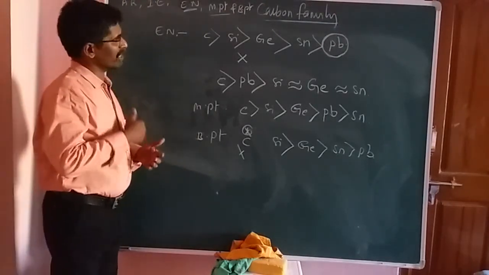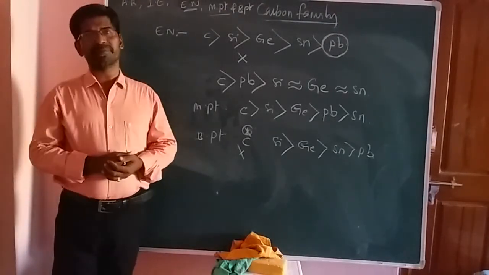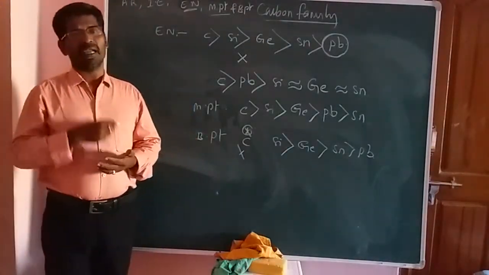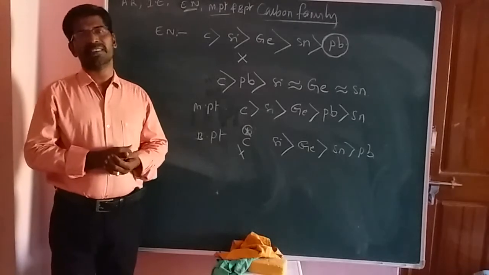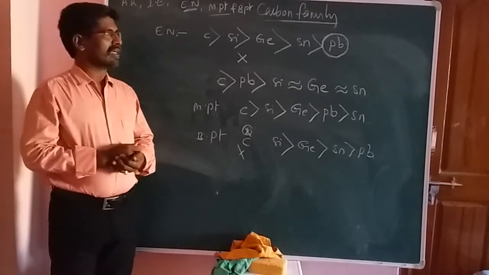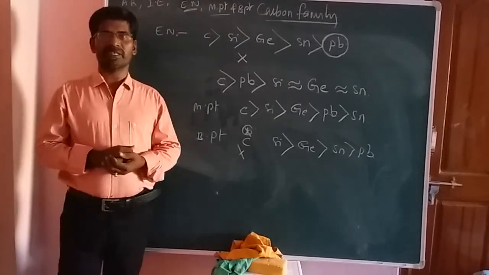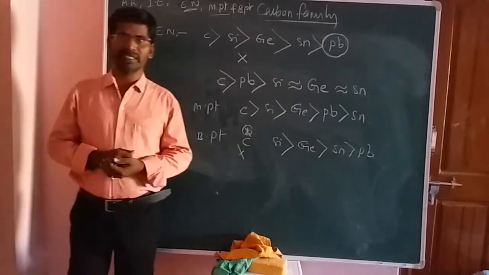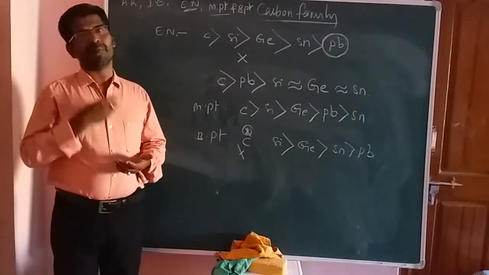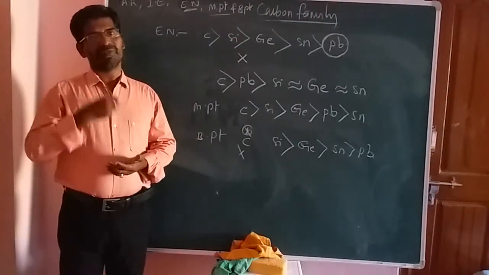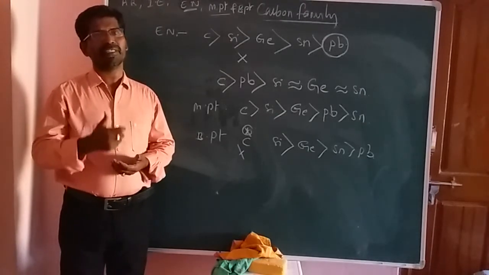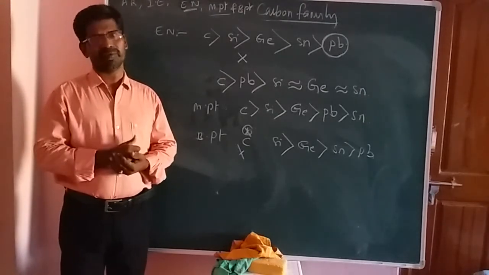From the beginning to here, I have covered the introduction about the fourth group elements: names, symbols, atomic numbers, and electronic configuration. And the next one is the general electronic configuration of the groups. And the next one is the abundance of those elements. So first of all, the carbon element. Carbon is the 17th most abundant element by mass in the universe, you know.